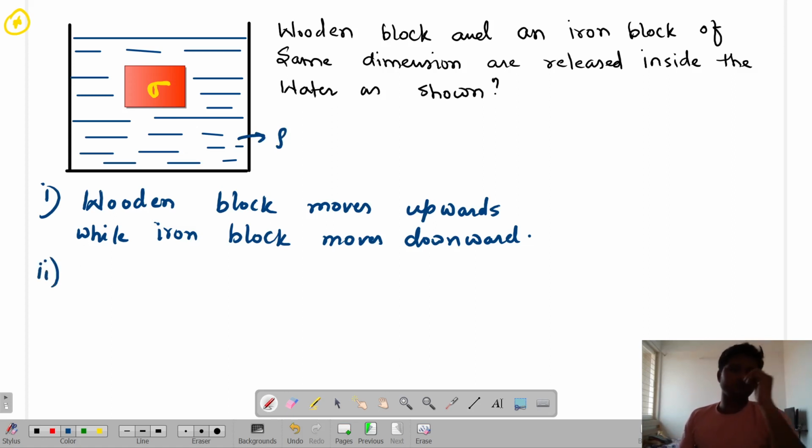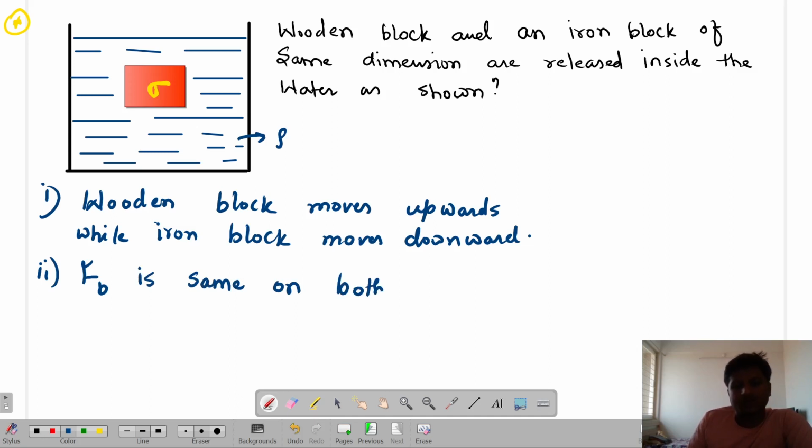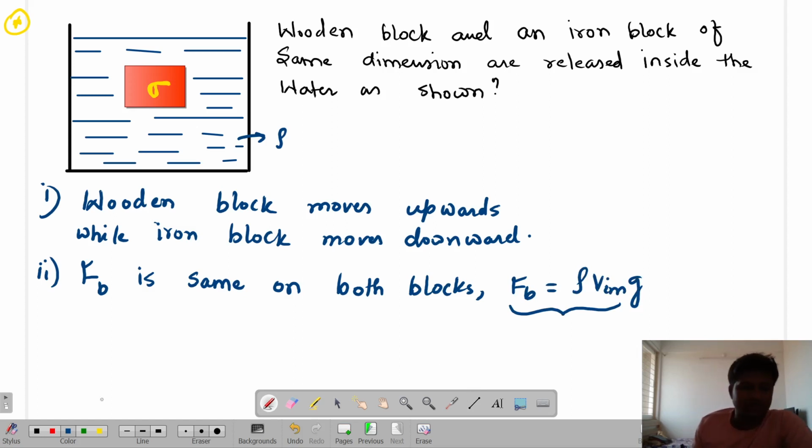Tell me about the buoyancy force. On which is the buoyancy force bigger? That is the misconception. Actually, the buoyancy force is the same on both the blocks. We'll come to that. You only tell me, the buoyancy force has the formula what? F_B is equal to rho V g. It is independent of sigma, isn't it? The reason for that is